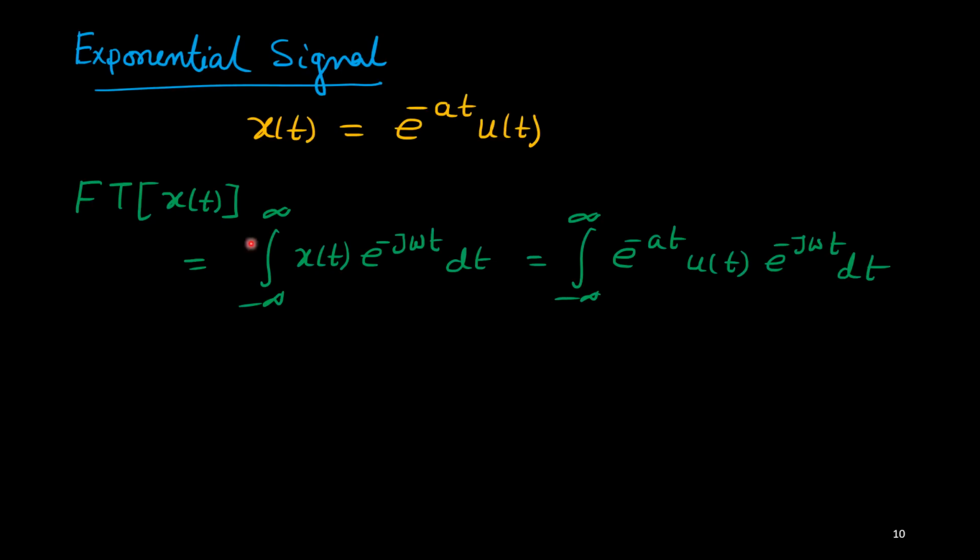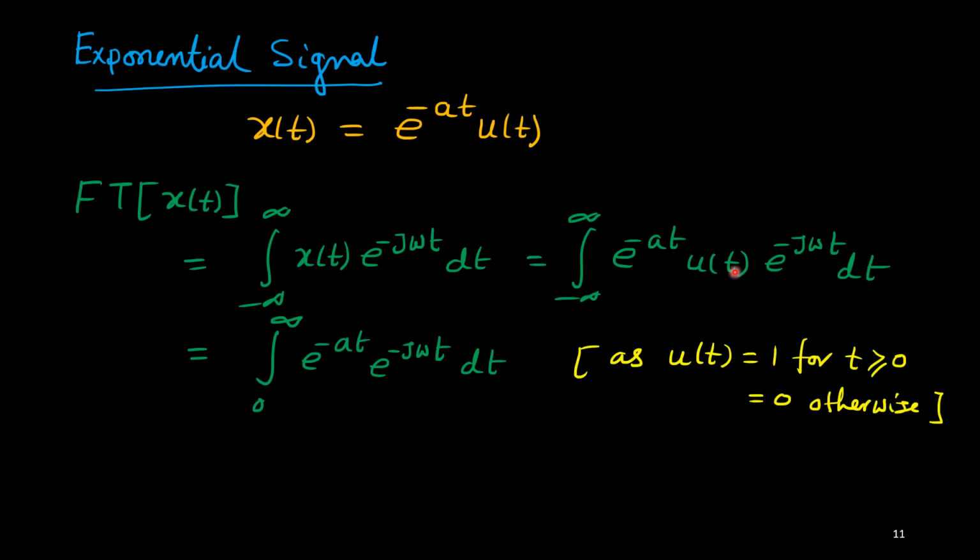Now you see, the Fourier transform of x of t is the integration of x of t times e to the power minus j omega t dt, by definition. Now we replace x of t by e to the power minus at times u of t. Then